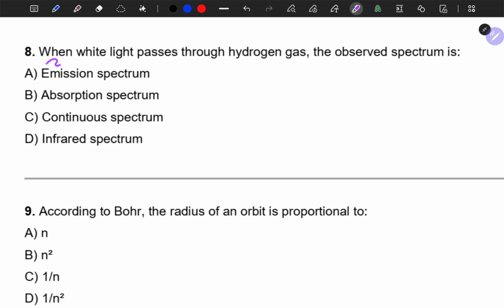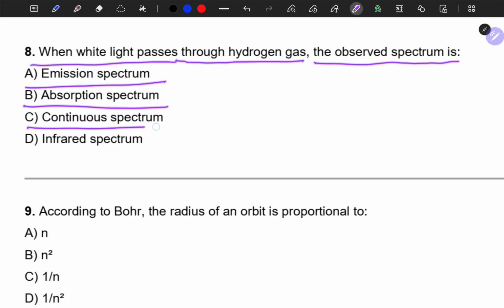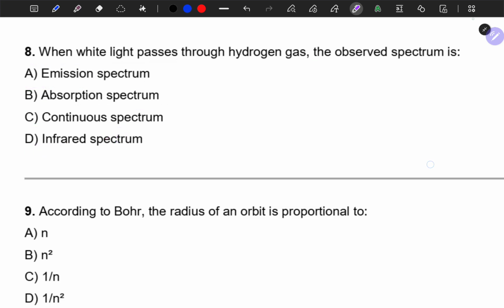Okay, so the next question is: when white light passes through hydrogen gas, the observed spectrum is emission spectrum, absorption spectrum, continuous spectrum, or infrared spectrum. As it is passed through the hydrogen gas, we will get the absorption spectrum. But we should keep this in mind, that gas absorbs its own characteristic frequencies. So that gas will absorb a specific number of frequencies, not all the frequencies,